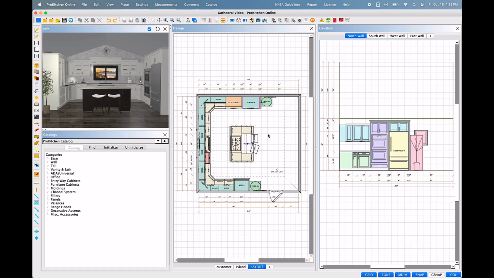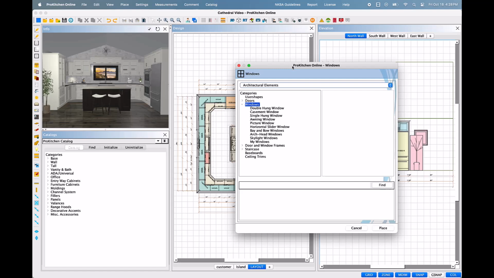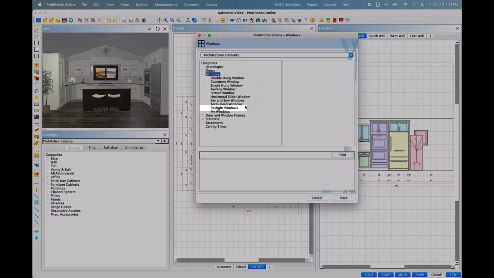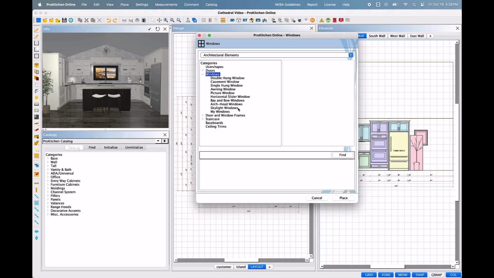To add a skylight window, navigate to either the doors or the windows icon on the left toolbar and left-click to launch the Architectural Elements dialog box. When we open the Windows folder, you will see near the bottom of the subfolders that there are skylight windows available intentionally for the purpose of being applied to the cathedral ceiling walls, though you may choose any window type